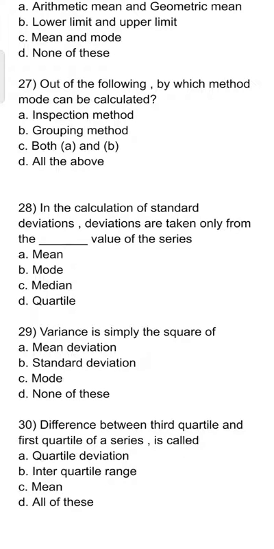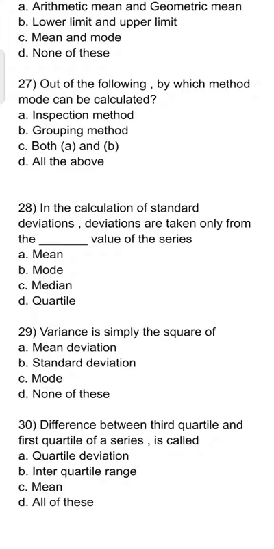A inspection method, B grouping method, C both A and B और D all of these। तो इसका आंसर है C। इसका आंसर है C, हाँ, both A and B। Next 20, in the calculation of standard deviation, deviations are taken only from the dash value of the series: A mean, B mode, C median और D quartile। इसका आंसर है A mean। Next, variance is simply the square of A mean deviation, B standard deviation, C mode, D none of these।